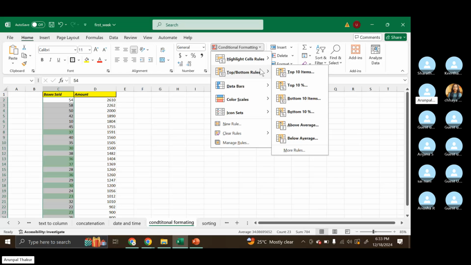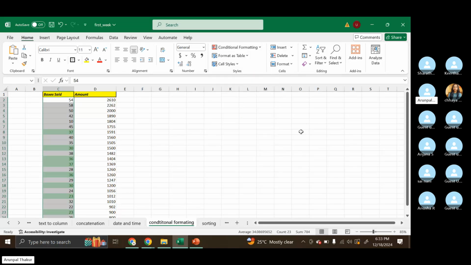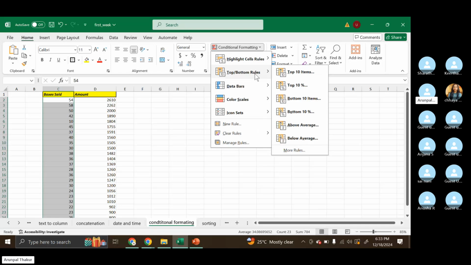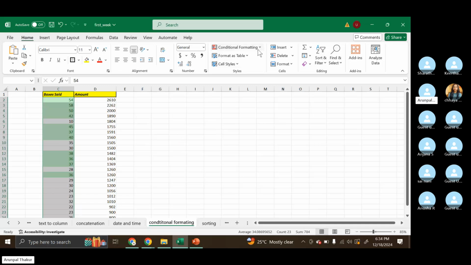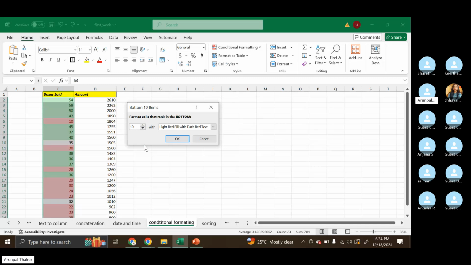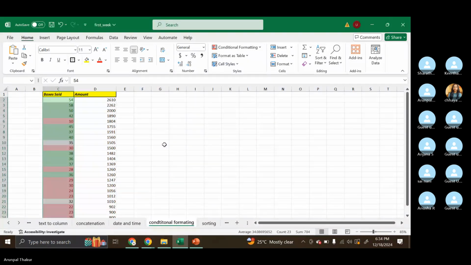Is that done? Just clear that rule, clear from selected cell, then go for top bottom rules, top 10 items. So from this, who are at the top 10 that are getting highlighted? Okay, top 10. Same if I just select bottom 10, the bottom 10 are getting highlighted. Done. Again clear,